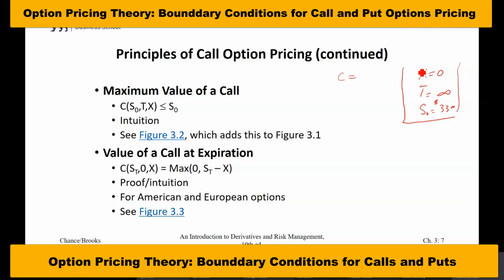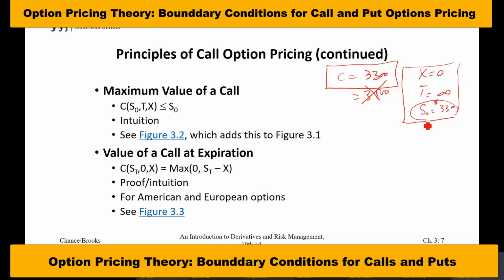Theoretically speaking, what is the maximum price you are ready to pay for this? 3,300. If I say 3,500, you don't agree to that. You say, why should I pay you 3,500? Why not go and buy it for 3,300 and keep it with myself for 100 years? It's mathematical, and it's logical. If I want you to buy this option from me for 3,500,